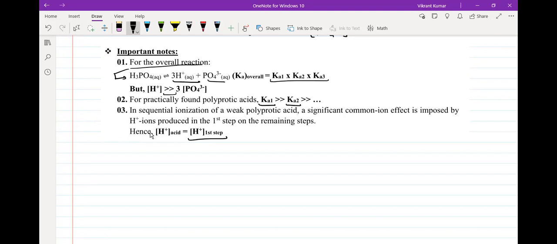And if you are forgetting the remaining steps, it becomes a weak monoprotic acid only. Na? Is it okay? And that's why, iske baad, if I have to find out the calculation for H plus, what I'll do now, I'll just consider first step in this case. I'll say this is producing H plus H2PO4 minus, and it is having some K1 value, and this goes back to case number 3. Then we had learned that if this was C before ionization,